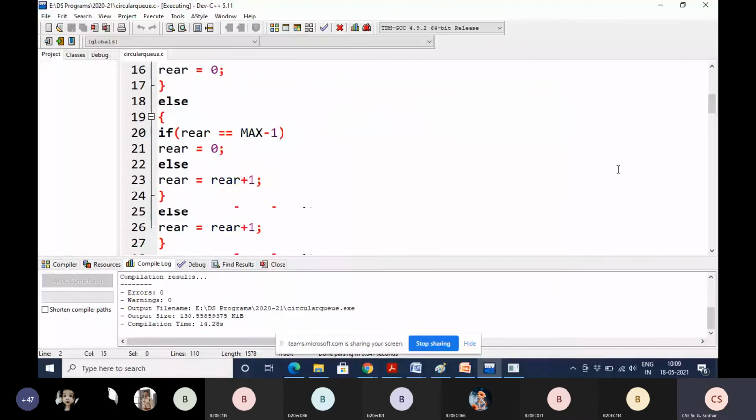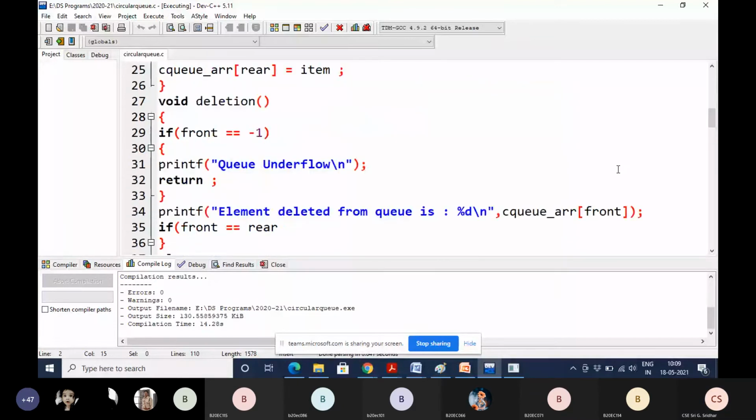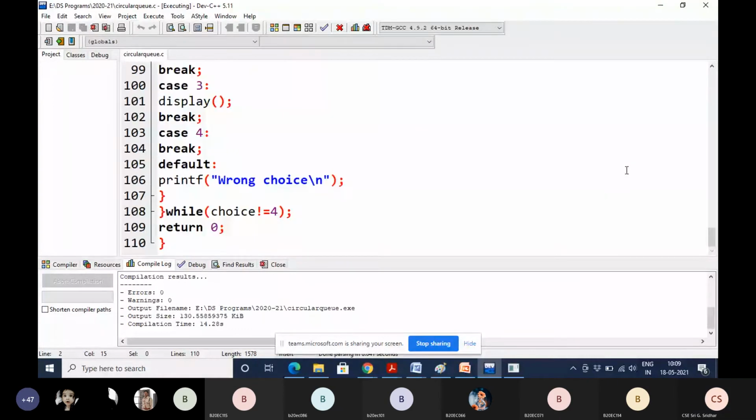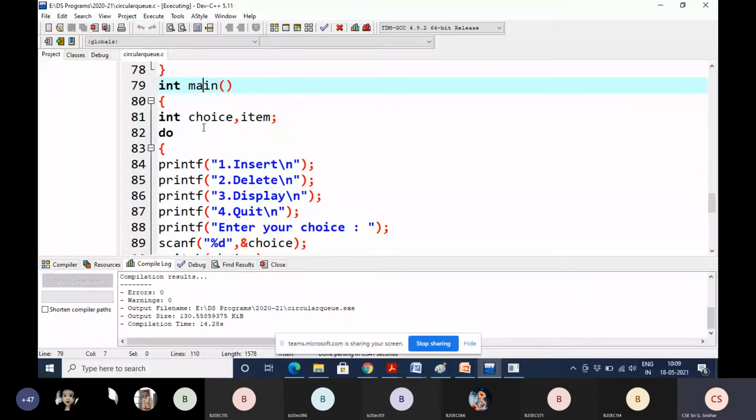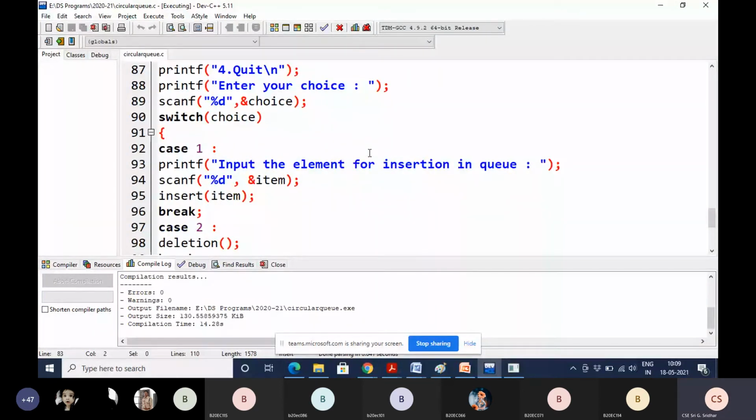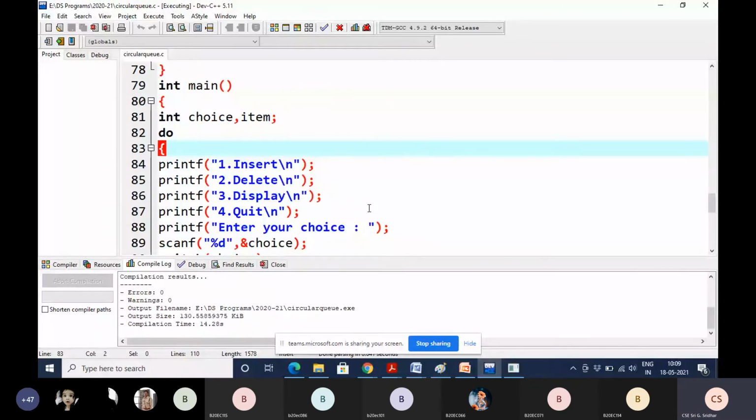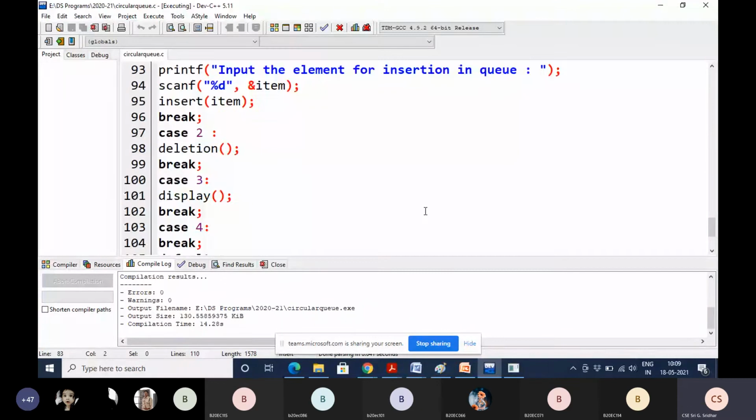First, the execution starts from main function. To enter the choice, we are taking the choice variable as well as the item, for which value you want to insert into the queue.